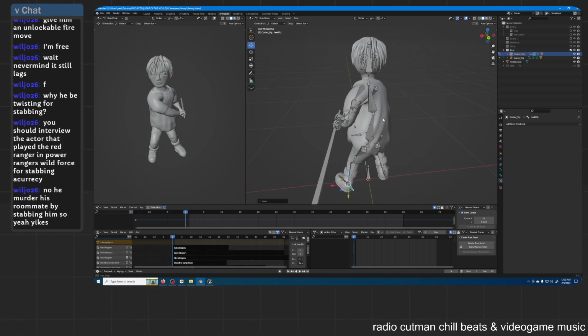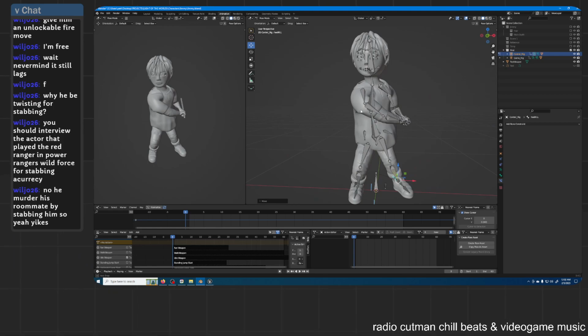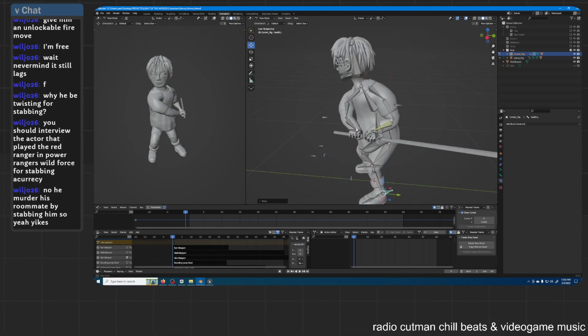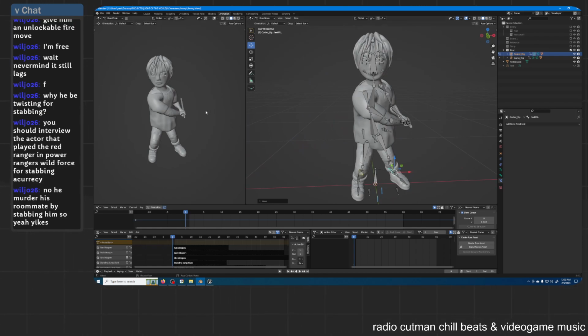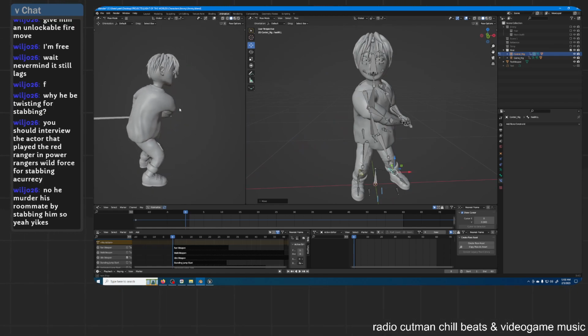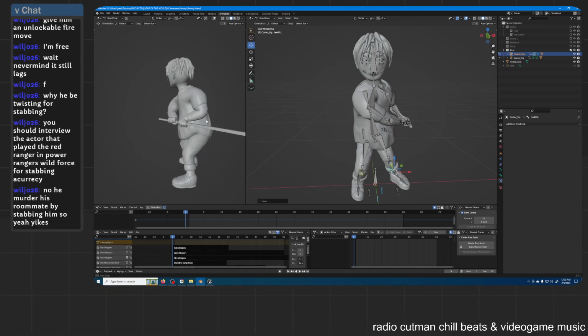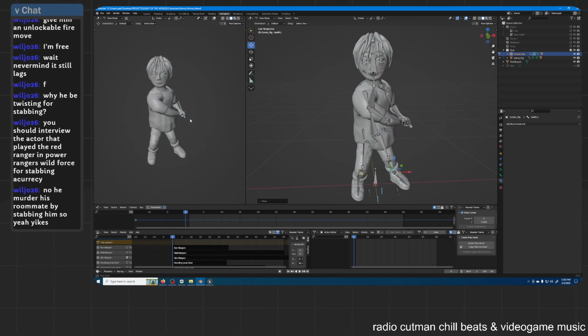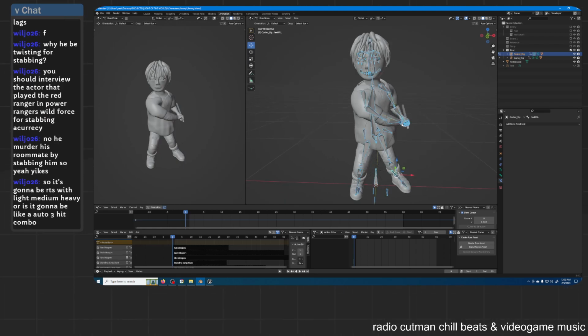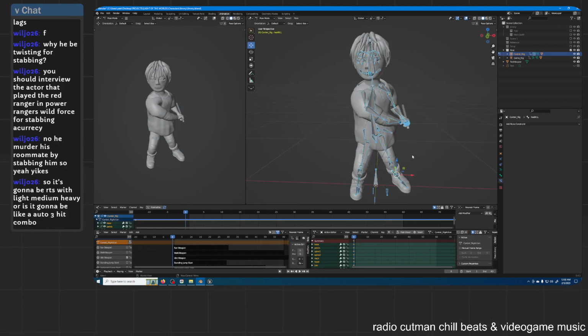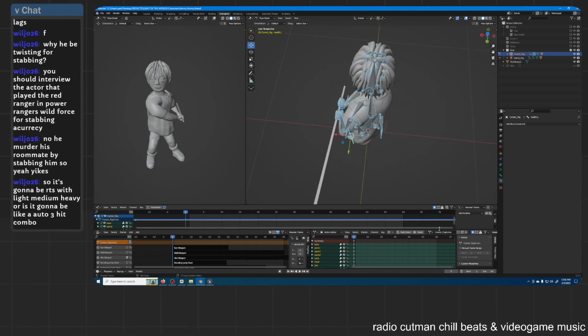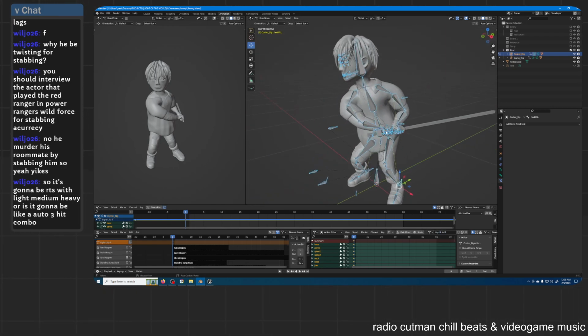Honestly, this is a pretty good pose. I kind of like this pose a lot. It's a pretty good, badass looking pose. Gotta make sure it looks good from all angles here. Yeah, I think I like it. All right, let's go ahead and keyframe it. Very good, and this will be from left to right. So light L to R. I don't know if I'll call it differently later, but